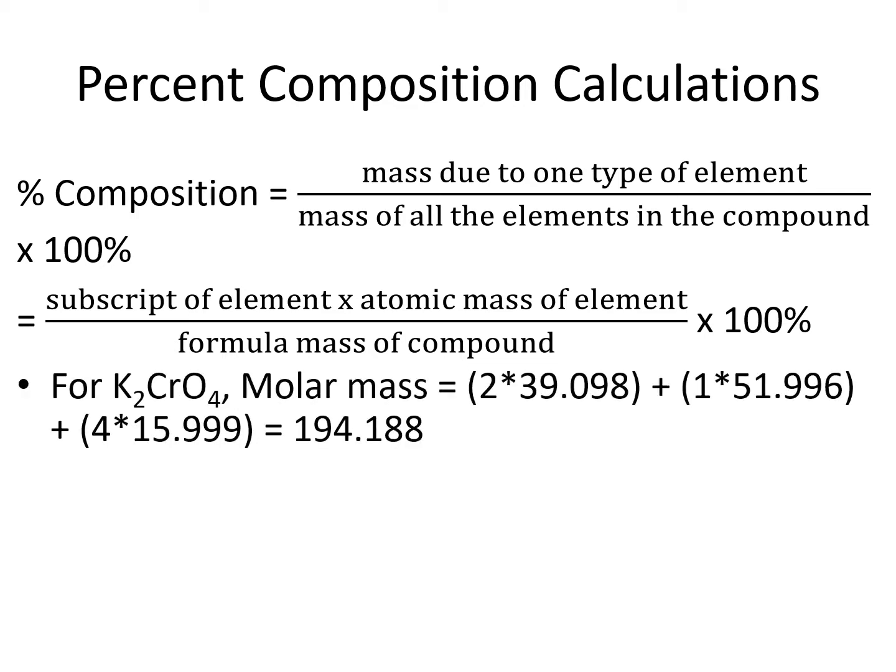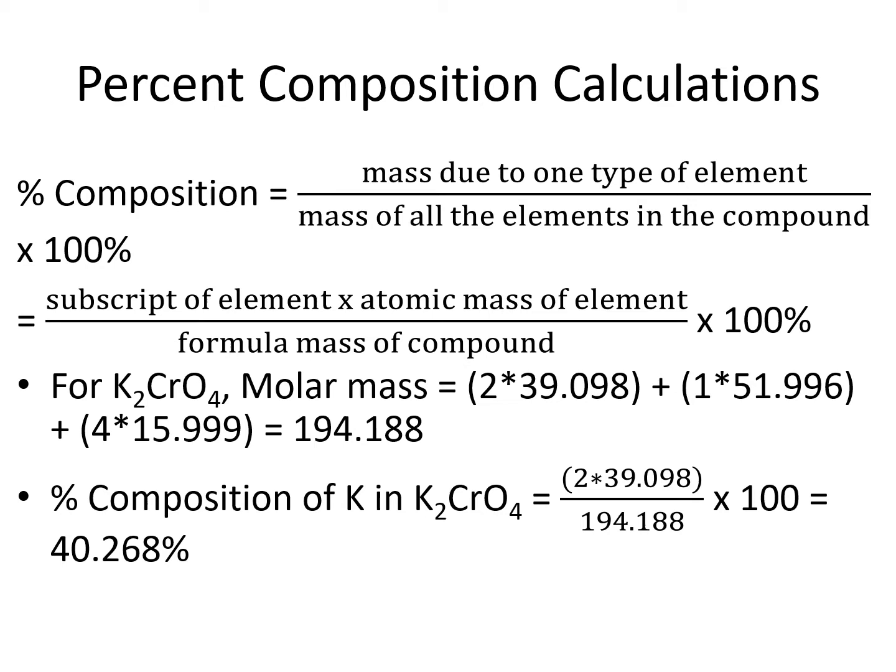So for potassium chromate, we would need to find its formula mass or molar mass to put on the bottom of the calculation. And so we would have 2 potassiums, 1 chromium, and 4 oxygens. We add up all of those masses and get 194.188. So then that part goes on the bottom of our calculation as our formula mass or molar mass of the compound. And then we just want on top the part that's due to the potassium. So the part that's due to the potassium is 2 times the mass of potassium. So we have 2 times 39.098 divided by our 194.188 times 100 to change to a percentage, and we get